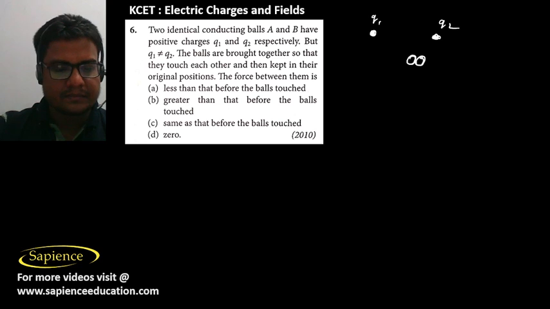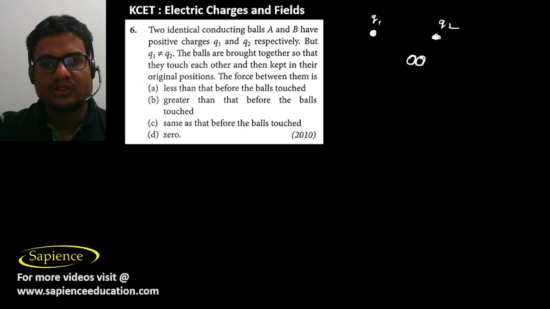So then here, the force between them is less than that before the balls touched. Okay, so when they are touching each other, two identical conducting balls, identical means their radiuses are the same. Their radiuses are capital R. So then here the force will be